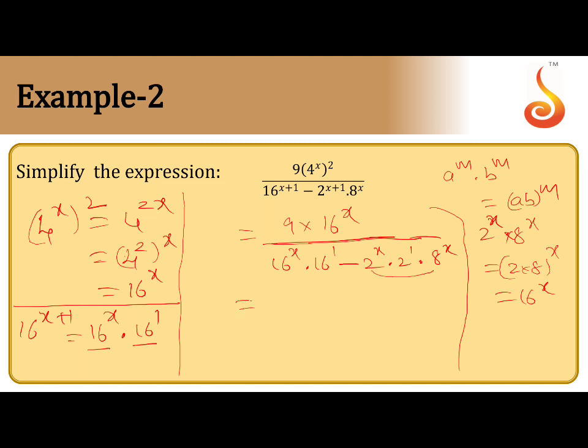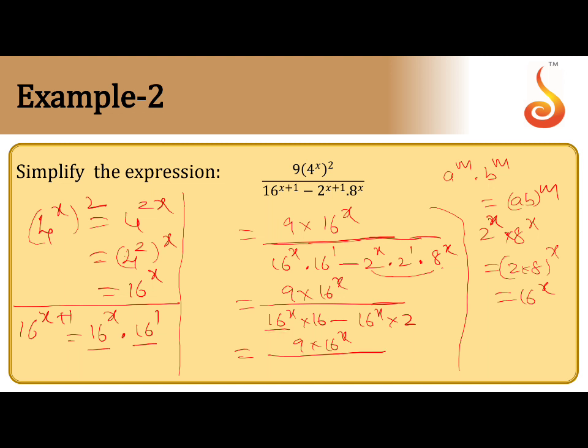Now the numerator is 9 into 16 power x, and the denominator is 16 power x into 16 minus 2 power x into 8 power x, which is 16 power x into 2. So I hope it is clear to everyone. Now let us take common. You can take 9 into 16 power x divided by